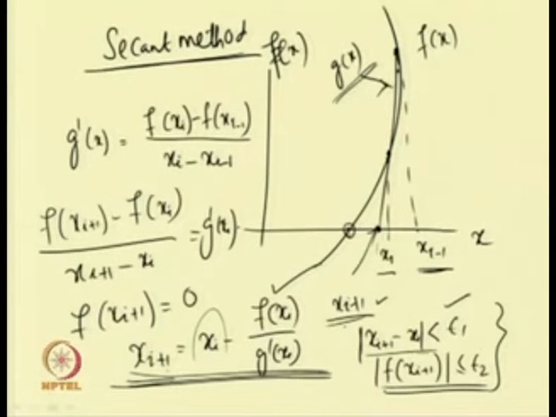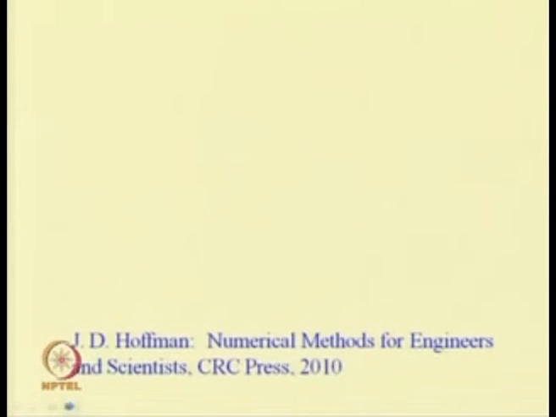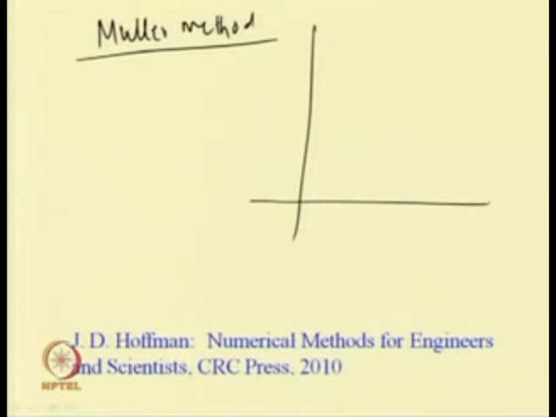So, we can take one more method, that is the Muller method. In the case of the Muller method, instead of taking a straight line, we can fit a quadratic curve. By fitting a quadratic curve, and using a similar procedure to what we used in the case of Newton's method and the secant method, we can find the solution. Let this be our function f x. Now, we will take